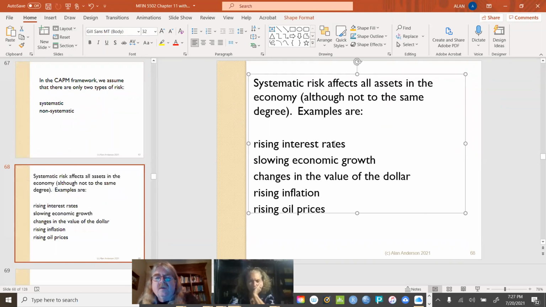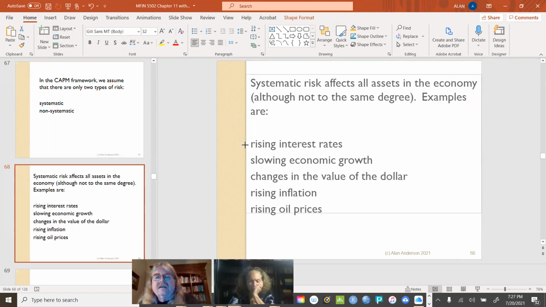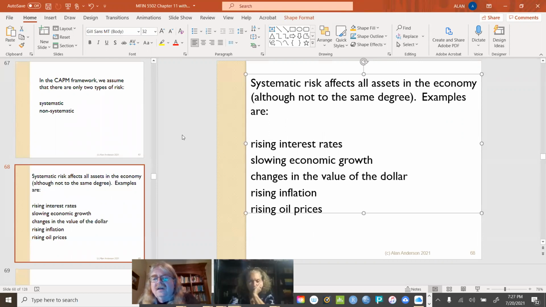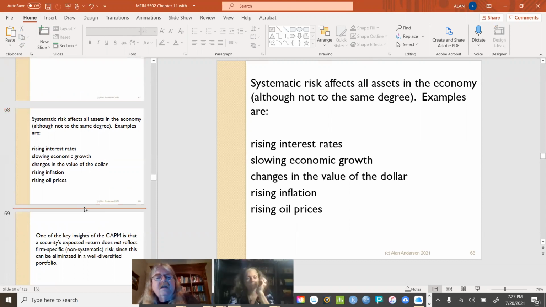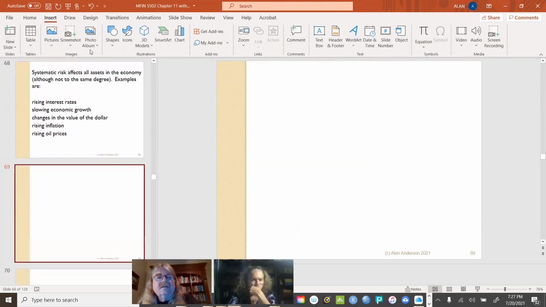The risk, for example, that rates start to go up or that the economy slows down, the dollar starts to depreciate and our import prices are higher, inflation gets out of control, or maybe oil starts to become very expensive again. So systematic risk is the type of risk that affects everybody, but not necessarily the same. And then non-systematic risk,